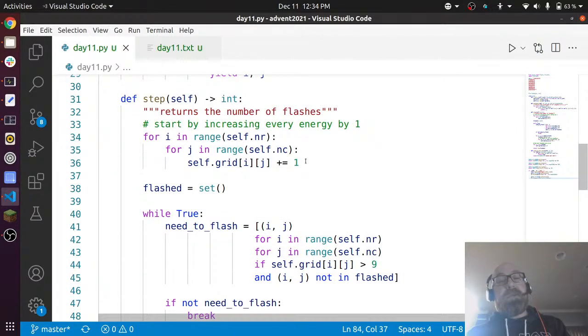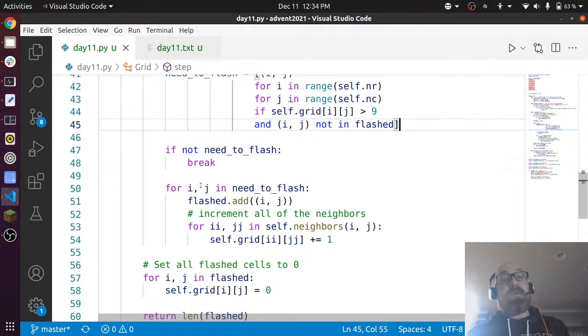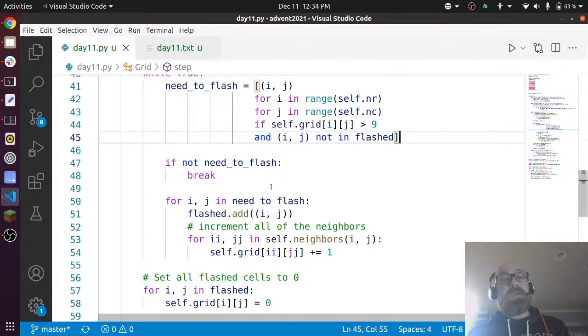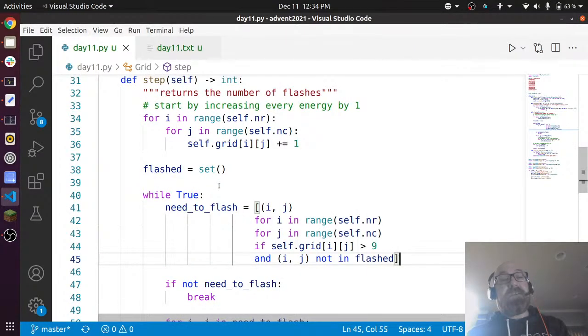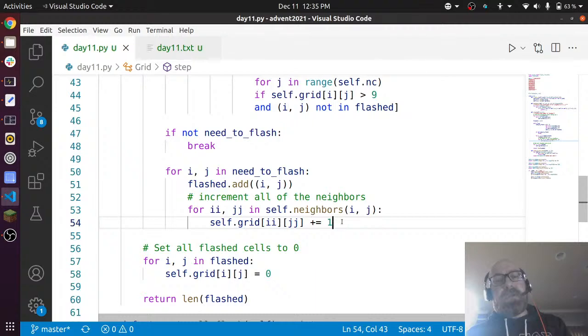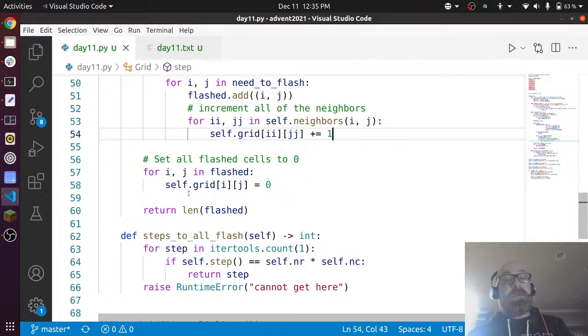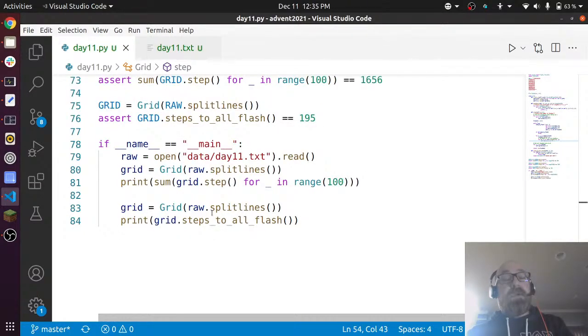So, increment by 1, keep track of who's flashed, and then just do this infinite loop where I say, is there anyone who needs to flash, meaning that they have too high a number and they have not flashed yet, and then just break out whenever that stops being the case. Otherwise, go through the ones that I need to flash, add them to this set of things that have flashed so that I won't count them again, and increment all the neighbors. It may be the case that because of this, some things get incremented extra times to like 13 or 14 or whatever. That's okay. It doesn't really matter because all we're doing here is checking that they're high enough. And then, set the flashed cells to 0 and return the length of the flashed set. So it was a little bit fiddly with the instructions, but otherwise, I think it was pretty